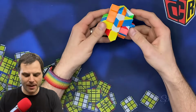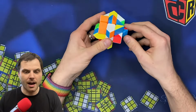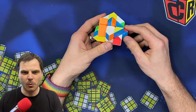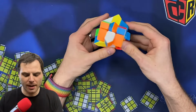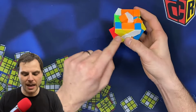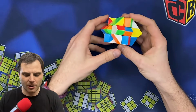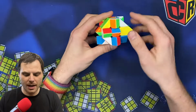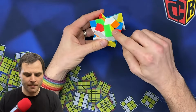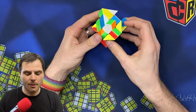So here we go. Just like a 3x3, you will put the white on bottom. And it's actually really nice to tell what edges go where, because if I put one edge on bottom, I know that this edge here has to be white and blue. And luckily that was a really easy solve right there. So green and red, this one has to go here. Now I'm going to put down the final edge, however,